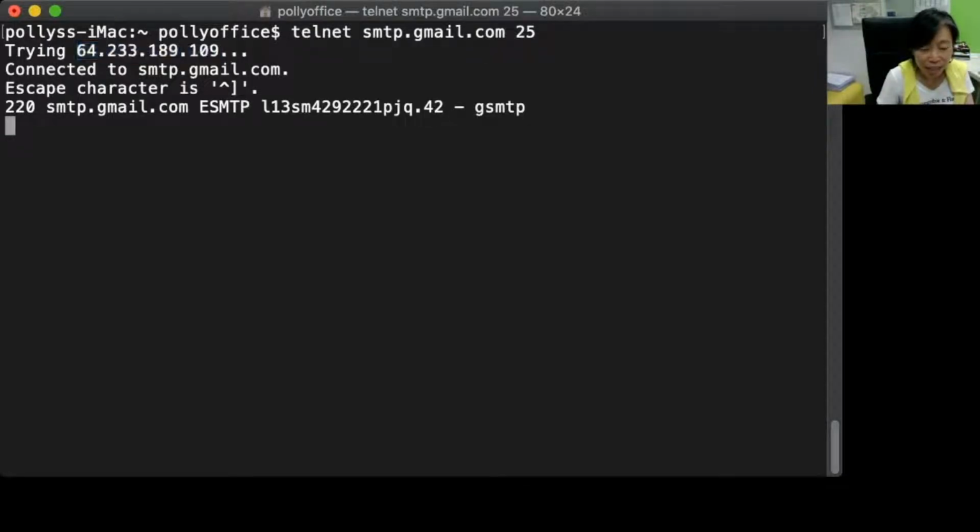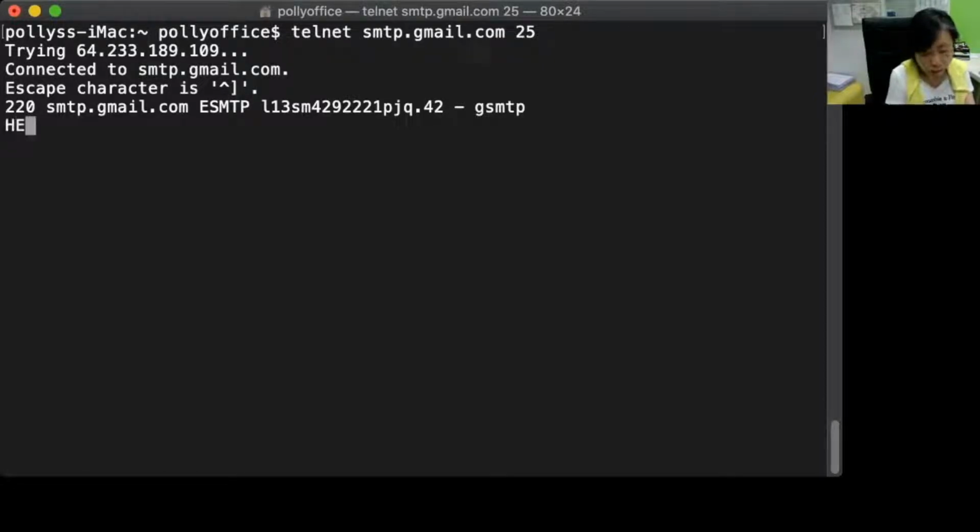And this is a message coming from the server, 220. Alright, so smtp.gmail.com there is identifying itself. And then ESMTP, okay, it's saying more. I'm not quite sure what this is. Right, so E must be something and then SMTP. So this might be a special variation of SMTP, maybe the encrypted version, I'm guessing.